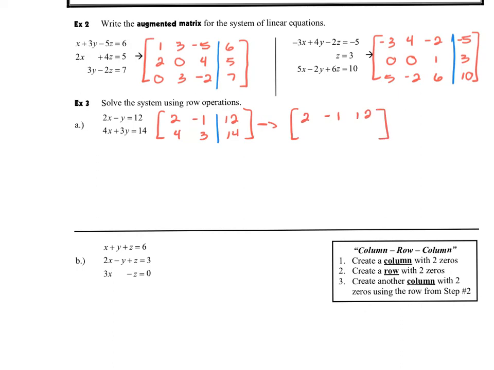Okay. Then to create my new second row, I'm going to take the first row and multiply it by 3. So I'm going to do 3 times row 1, and add it to the row 2 that I have here. When I do that, 3 times 2 is 6, plus the 4 is going to give me a 10. And then 3 times my negative 1, plus my 3 is going to give me the 0 that I wanted. And then 3 times my 12, plus my 14